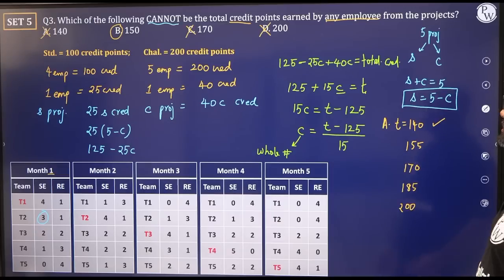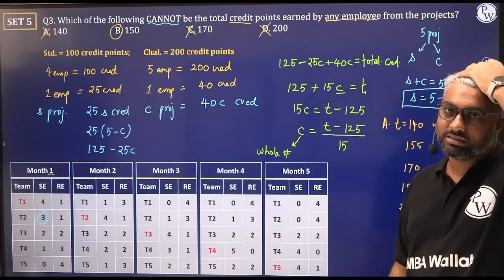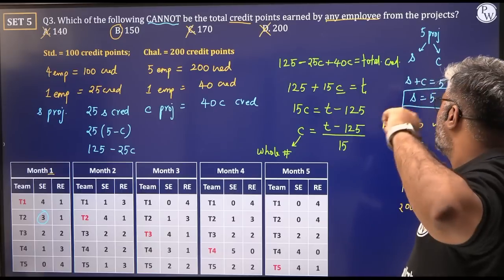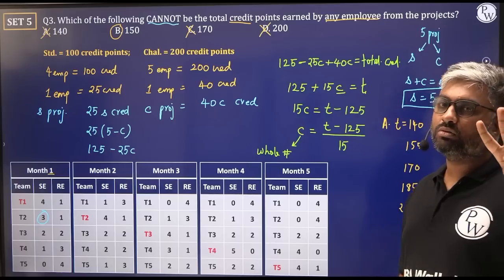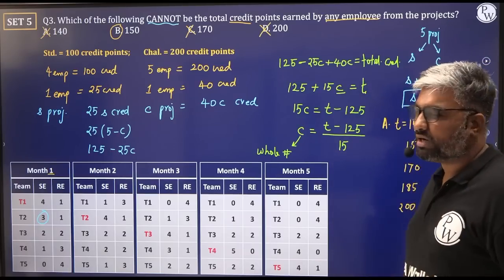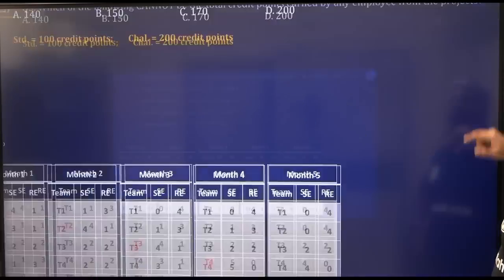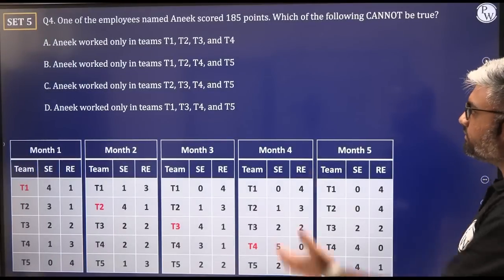This has to be the best one because if you do it by trial and error, there are too many cases. How many cases? 0,5; 1,4; 2,3; 3,2; 4,1; 5,0. 6 cases you will have to try. Okay? Let's move on to the last question now. I think we have taken way too long for this set, but let's do it.